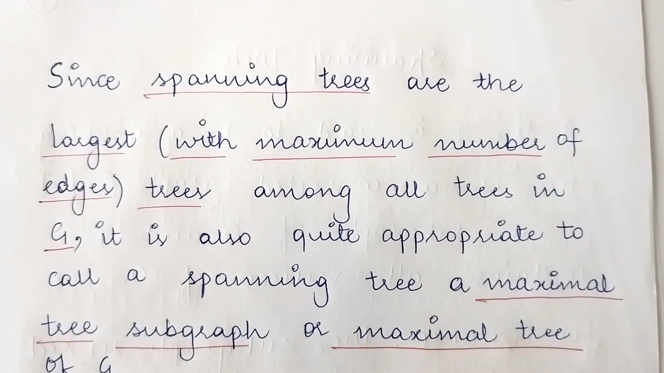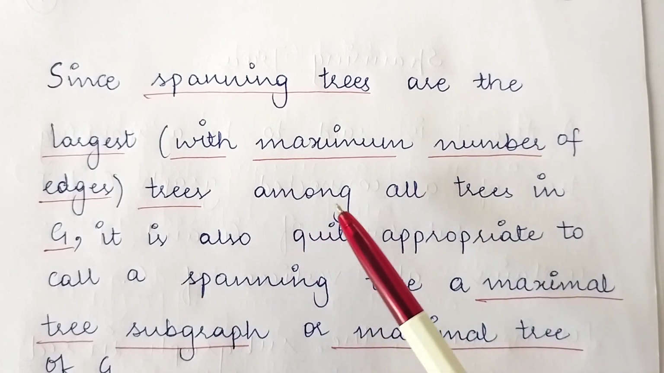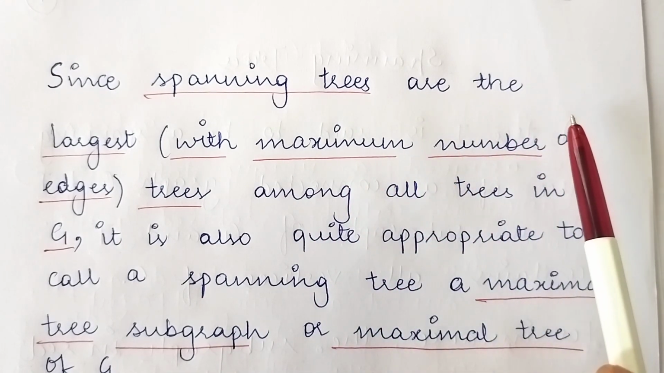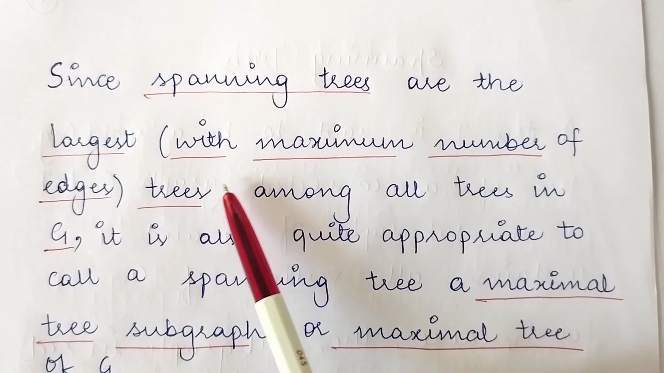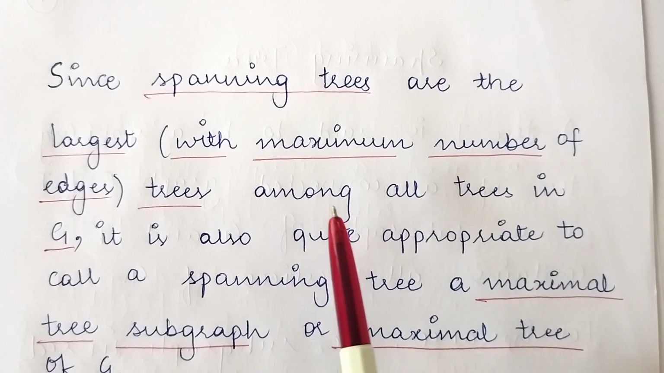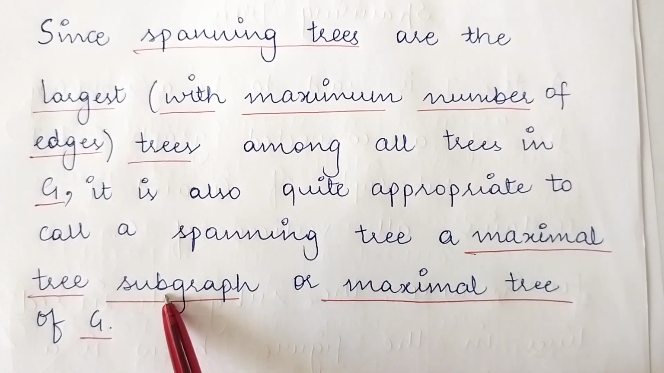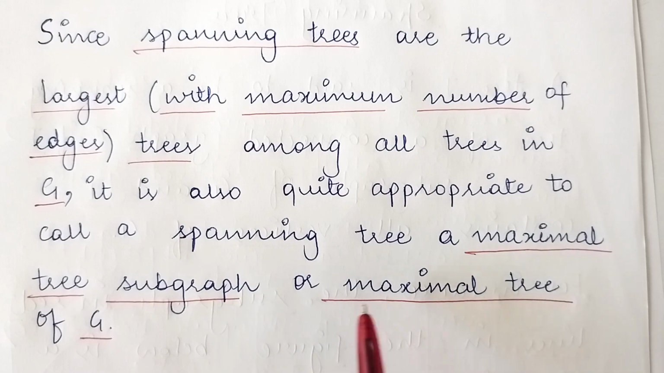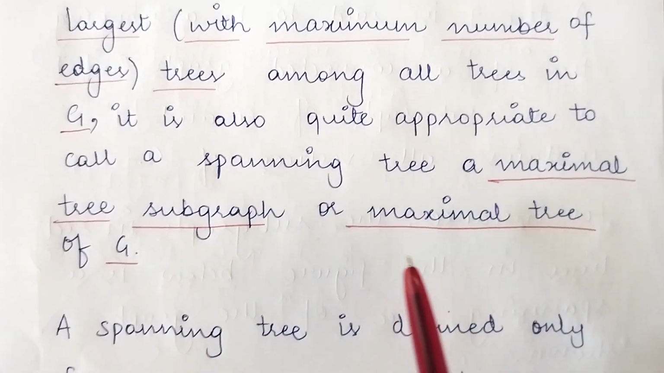graph G. The graph G may have several such trees as its subgraph, but it is only the spanning tree which is the largest, because the rest of the trees may not have all the vertices of the graph, hence they do not have the maximum number of edges, but it is the spanning tree which will cover all the vertices of the graph G, and hence it will have the maximum number of edges. So for that reason, because the spanning tree has the maximum number of edges, it is also quite appropriate to call a spanning tree a maximal tree subgraph or a maximal tree of G. So that is why a spanning tree is also sometimes called a maximal tree subgraph or a maximal tree of